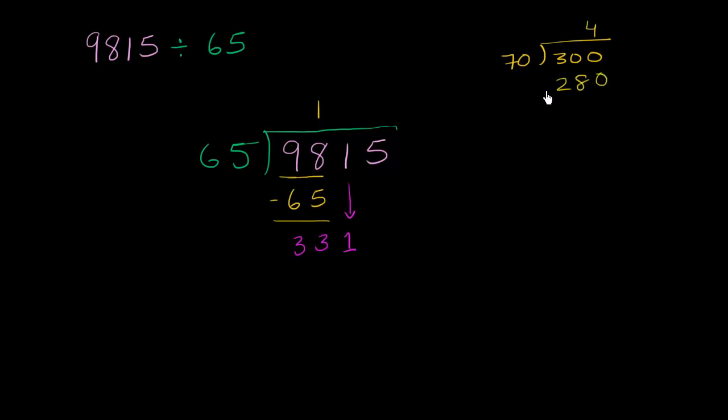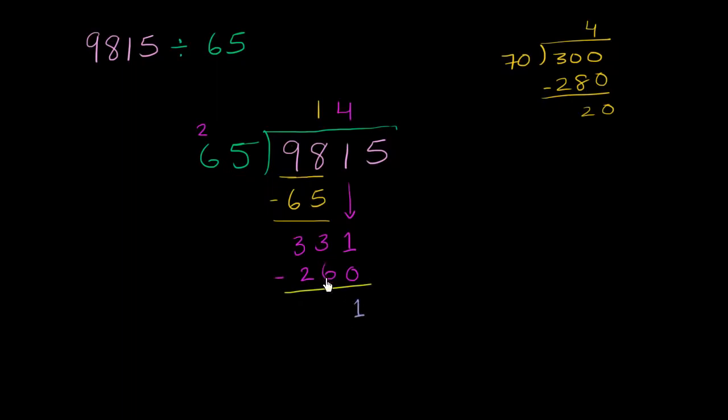You're still going to have a little bit left over, but what you have left over is going to be less than 70. It's going to be 20. So you say, well, if this is roughly 70, and this is roughly 300, then maybe it's going to be the same thing. So let's try that out. Let's see if it goes 4 times. So 4 times 5 is 20. Carry the 2. 4 times 6 is 24, plus 2 is 26. And now let's see how much we had left over. So when you subtract,